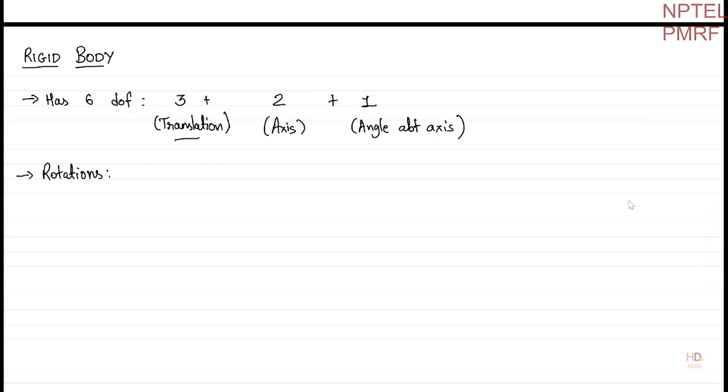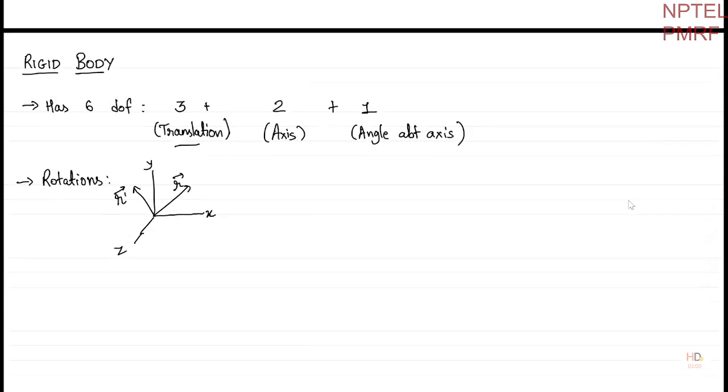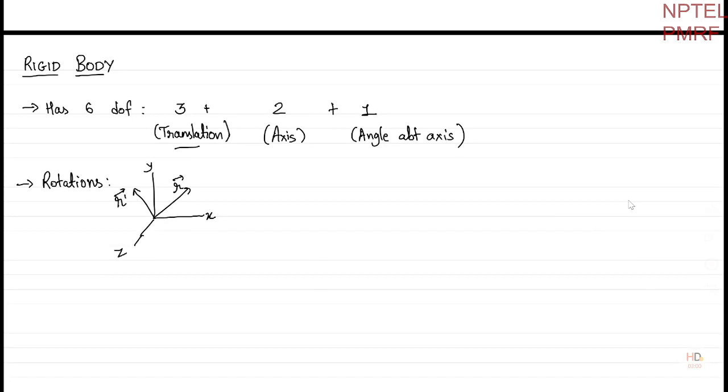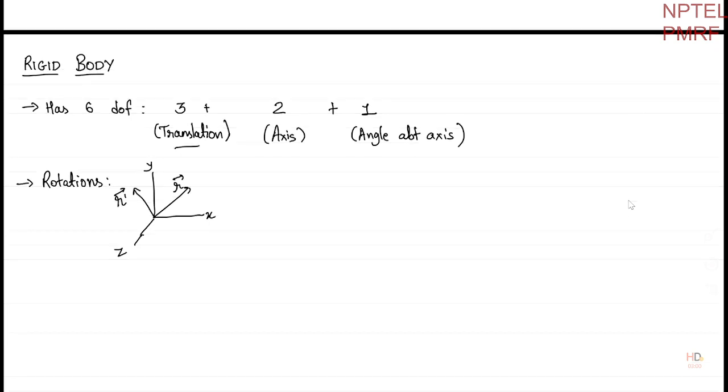Right? So the idea was that we have a frame XYZ, and there is a vector R that is rotated to some other vector R prime. And not just this vector, every vector is rotated accordingly. So we can say that the entire coordinate axis is rotating, or the other way of saying that is that there is a rigid body being rotated, and R prime, the new vector, can be written as some matrix A times the vector R, and the property of A was that it's orthogonal,